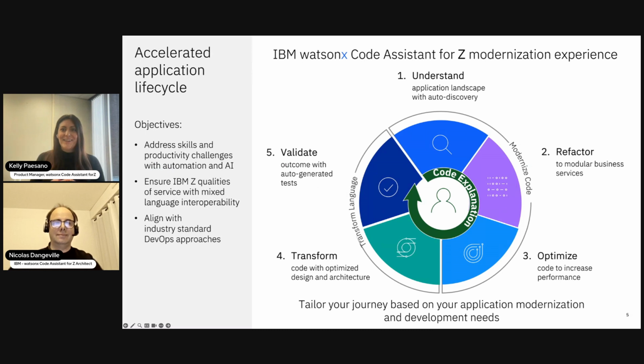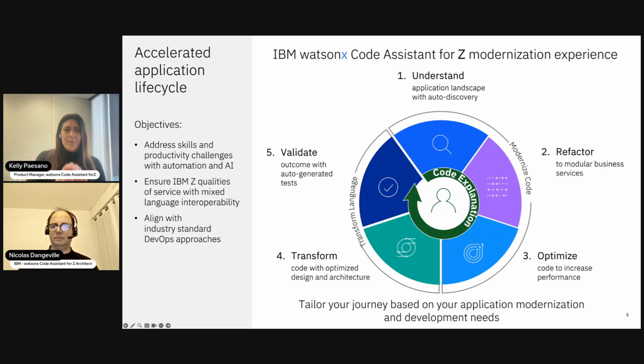So here it is, the one-page overview of watsonx Code Assistant for Z. Let me take you through it. The first thing you'll notice is that watsonx Code Assistant for Z provides a solution that addresses the entire application lifecycle with automation and AI to accelerate productivity, address skills challenges, and follow an incremental approach to modernization to quickly deliver value. These are the challenges that we just discussed. It's also designed to accelerate your modernization goals, which may vary across applications and may change over time.